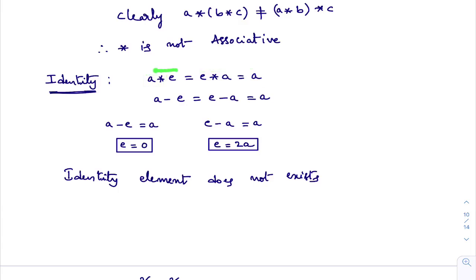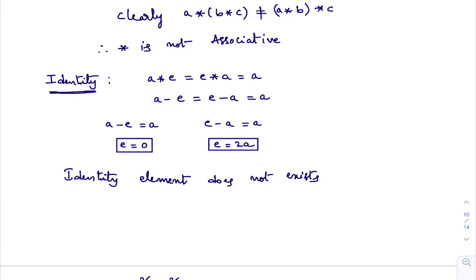Okay, here A star B is defined as A minus B. So A star E will be what? A star E is A minus E. What is E star A? E star A is E minus A. Here A minus E is not equal to E minus A. However, you may know or you may not know this. When you know that A minus E is the same as E minus A, to find the identity element, you take A minus E equal to A or E minus A equal to A. Any one you take. You will come to know slowly about this.